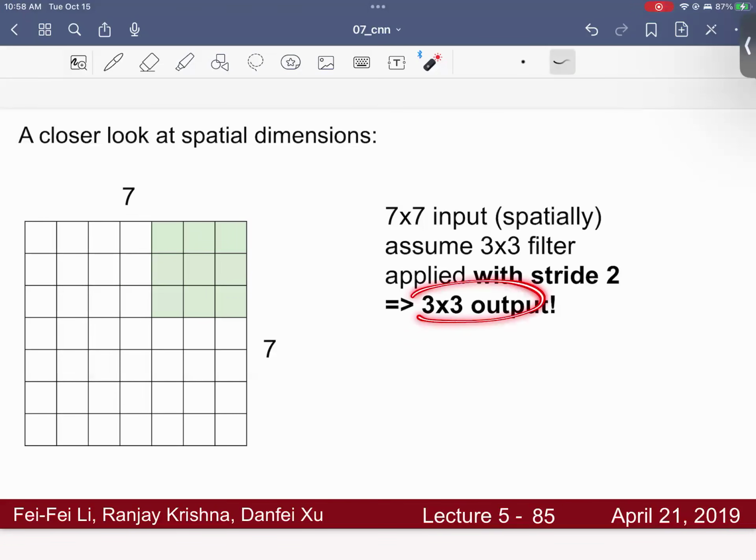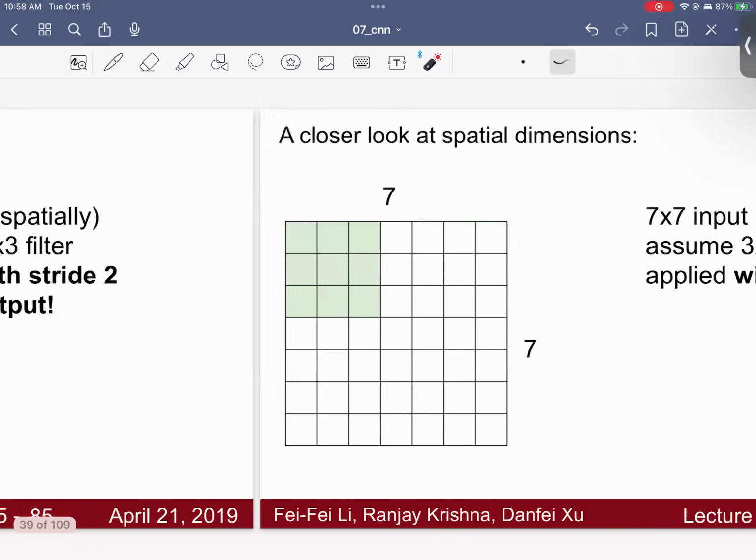That's why you get a 3 by 3 output when you use stride 2. So stride 2 would give you further compression of your original image. If you use stride 3,